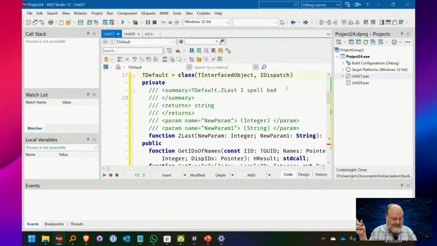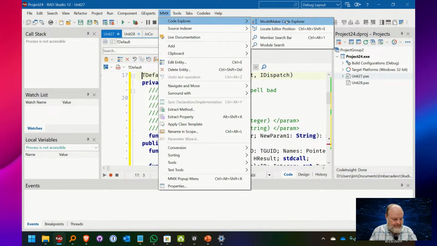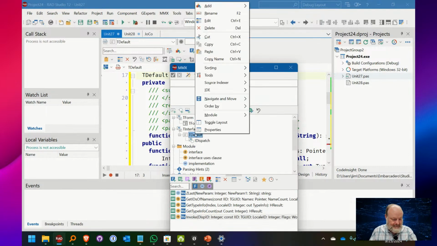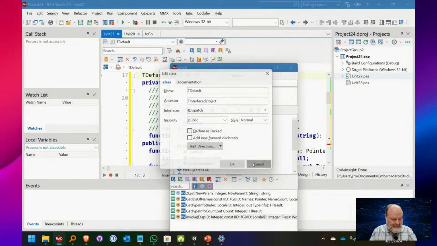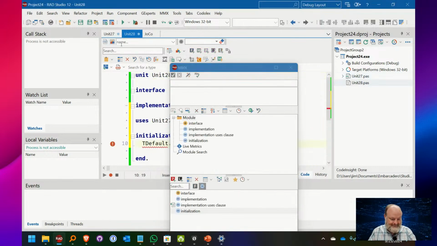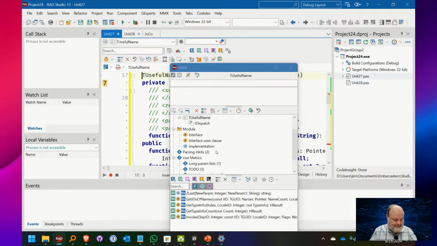So now if I go over here though, and I bring up the MMX window and rename default, which I can bring it up here, or I can just click on it right there and say useful name, because all your classes should have useful names. It automatically, right? Oh, I know why, because I didn't...